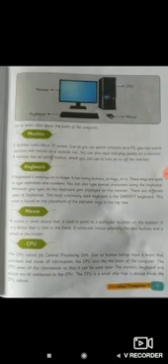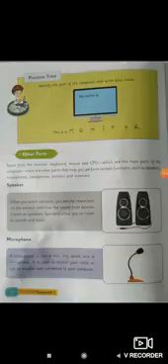Take a close look at the different parts of the computer. This is just the basic. Let's turn our page.